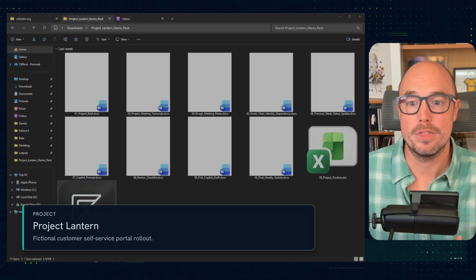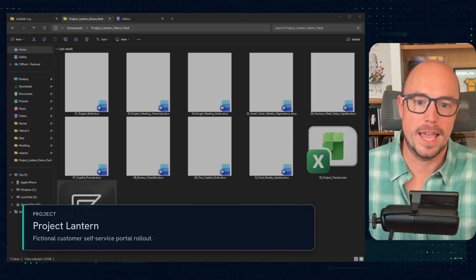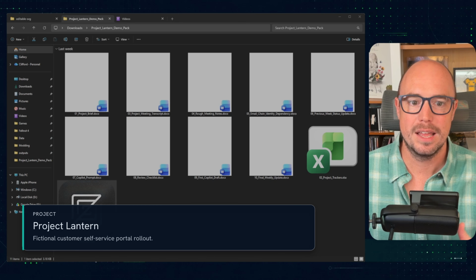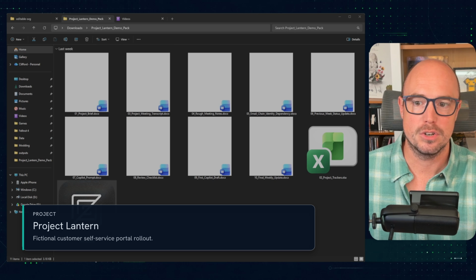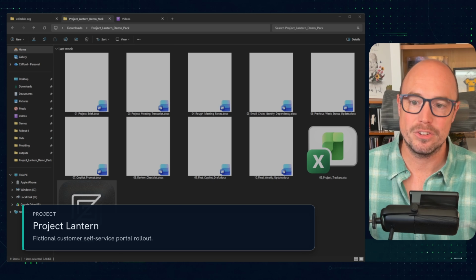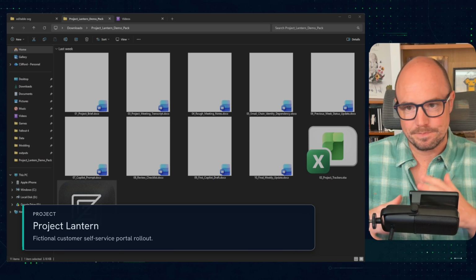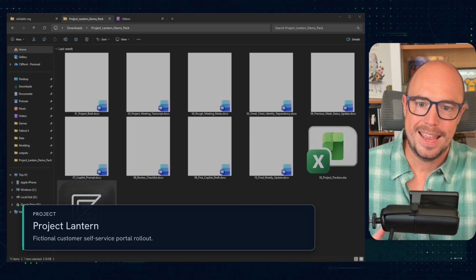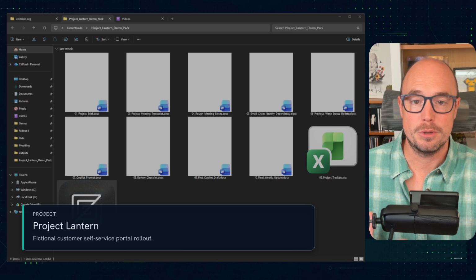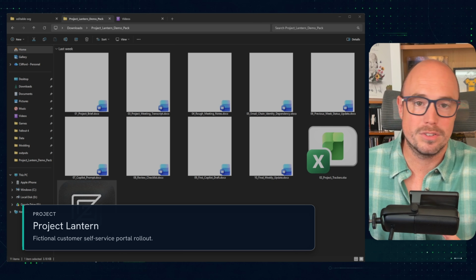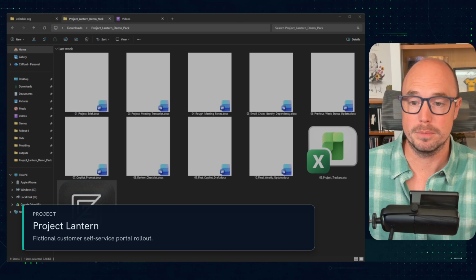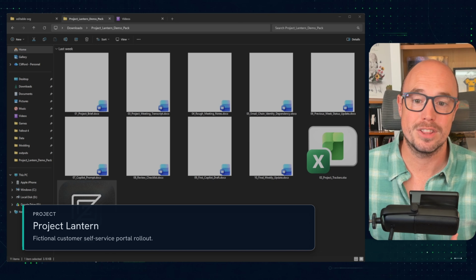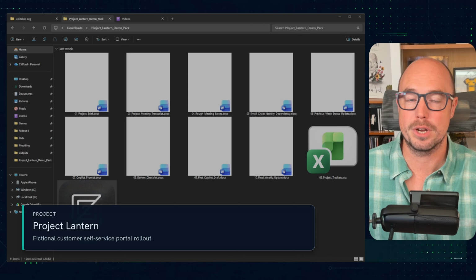Now, I've set it up with the sort of information you'd normally have at the end of a week. So we've got meeting notes here, an email chain, we've got the action log, risk log, a plan, and last week's update as well. Now, whilst none of this is real company data from anywhere, it's been deliberately and carefully set up to be real-world messy, because that's where we can see some of the value of Copilot. So let's start looking at the source material, and then I'll show you how I turned it into the first